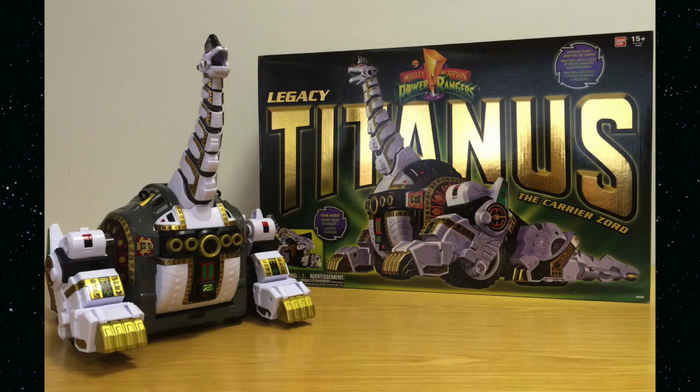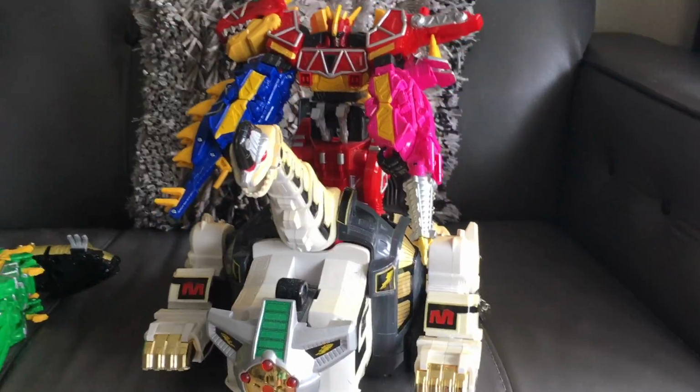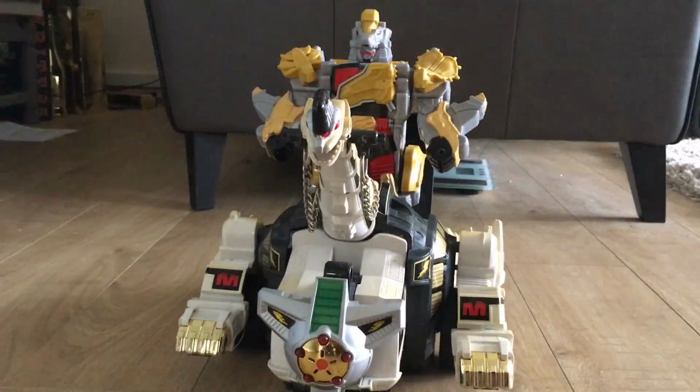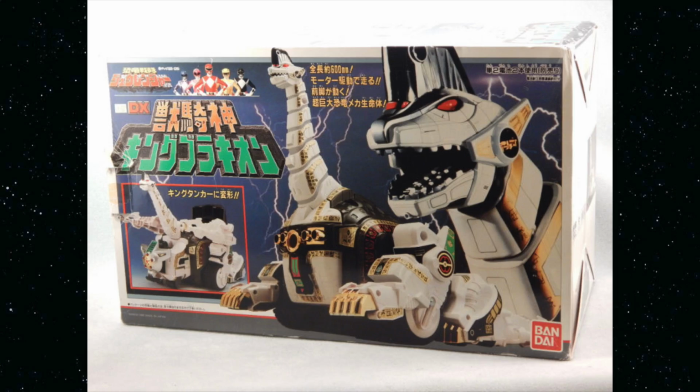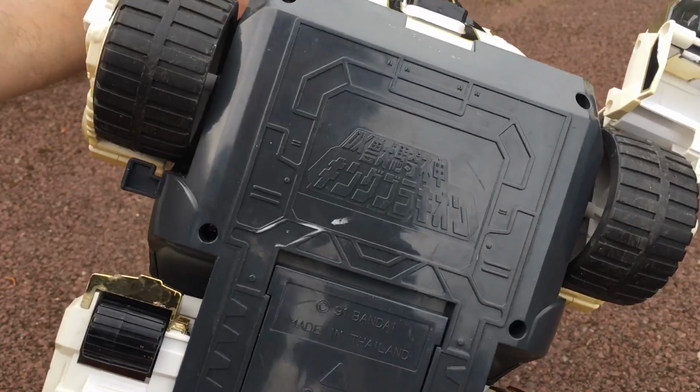And then the rather lovely Legacy one, I think at the end of 2014. In fact, most Megazords from the show fit happily inside Titanus. Just gonna try this. Yeah, that definitely can't do this with the Legacy version. In terms of similarity to the Japan release, well, everything is pretty much the same mold, right down to the